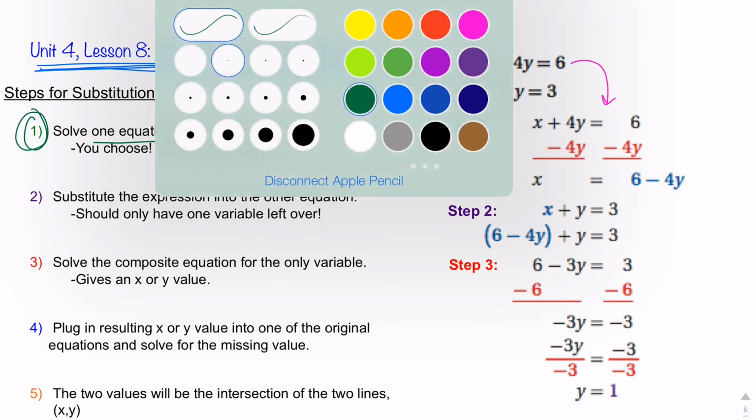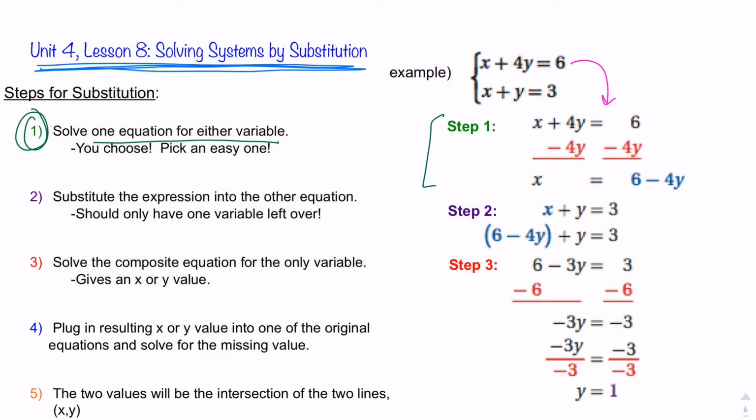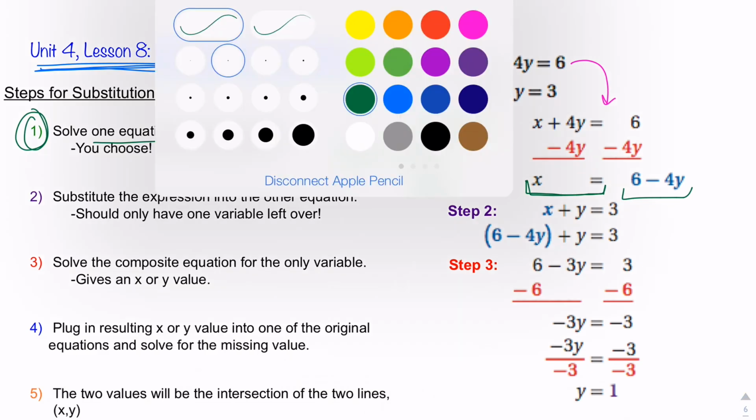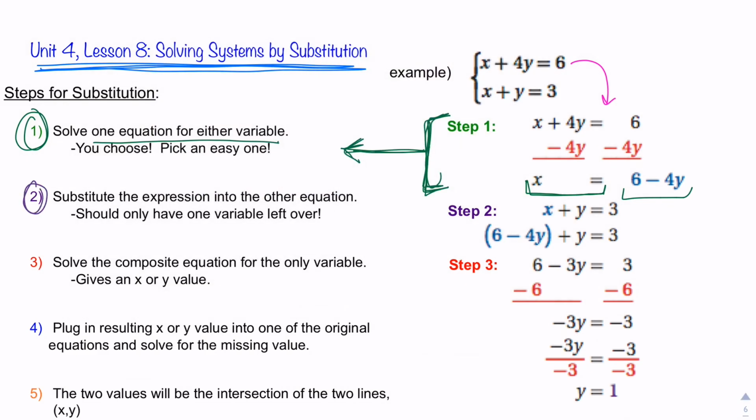Okay, so here in green, we have step 1. Solve one of the equations for one of the variables. To solve for means to get that variable alone. x equals blah. That's step 1. Step 2 is here in purple. Substitute this expression right here, which I'm underlining in purple,